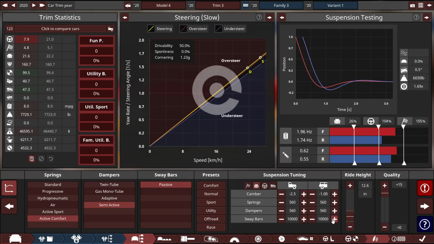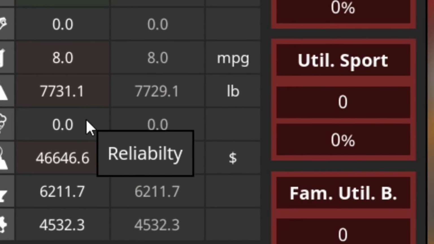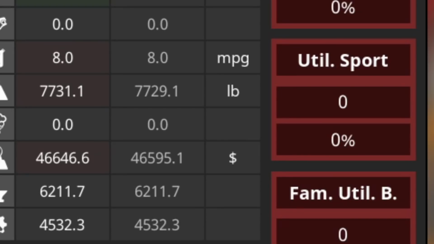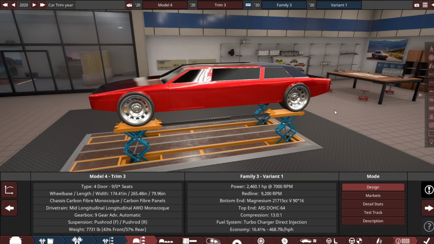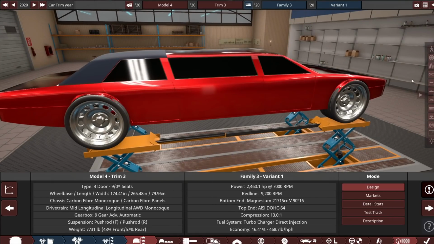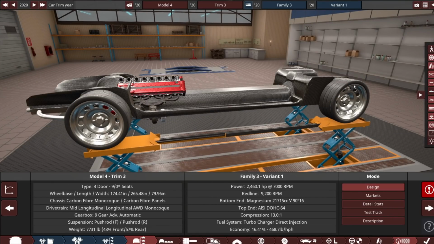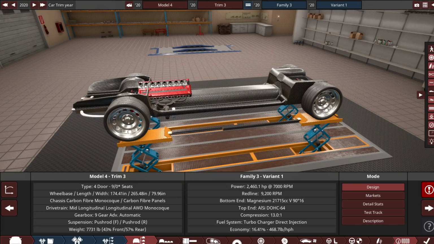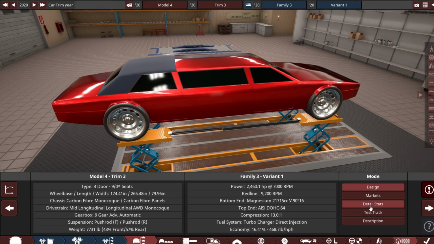Now, everything adds up. It weighs 7,700 pounds. It gets 8 miles per gallon. It's got 0 reliability because the tires blew out, which is totally fine, honestly. So 2,500 horsepower, weighs 7,700 pounds from a twin-turbo V16. It has got a pretty good weight distribution. It's pretty heavy in the front, but very heavy in the rear. Look at the engine. Oh my gosh. Wait. If we hide the body, the passenger compartment is the engine. This makes no sense at all. I love it. The cost, though,